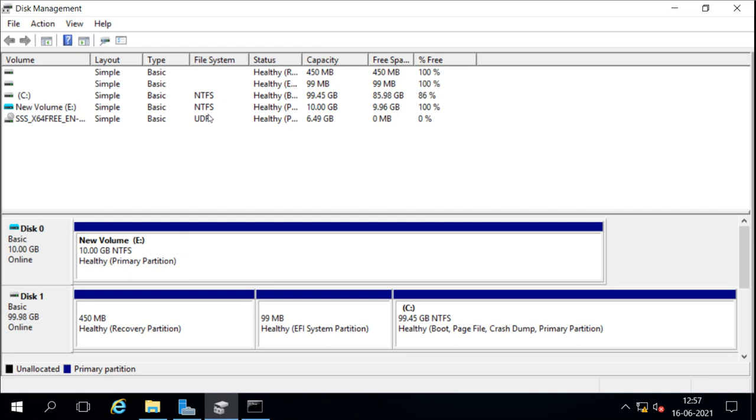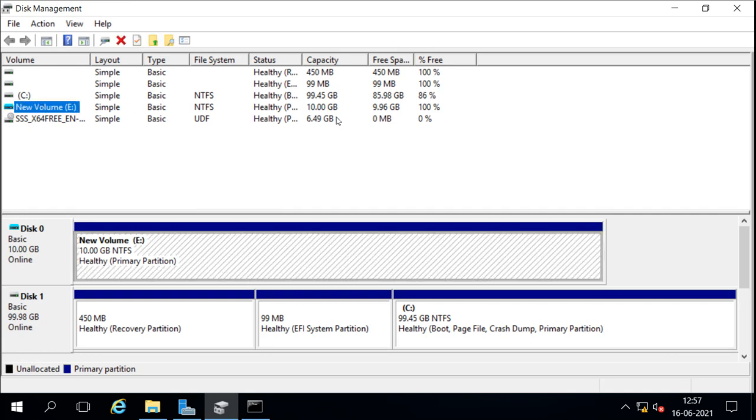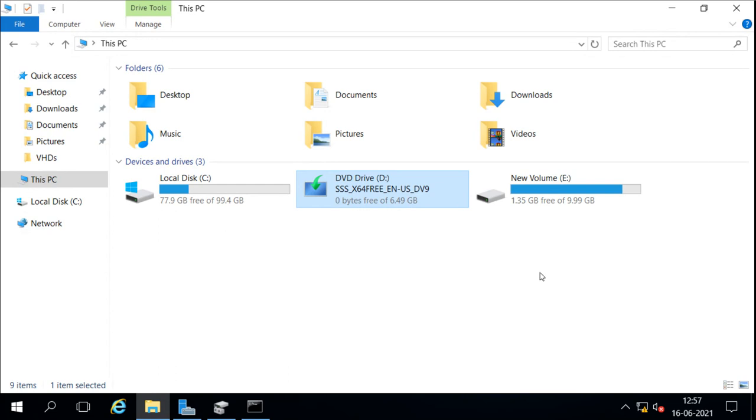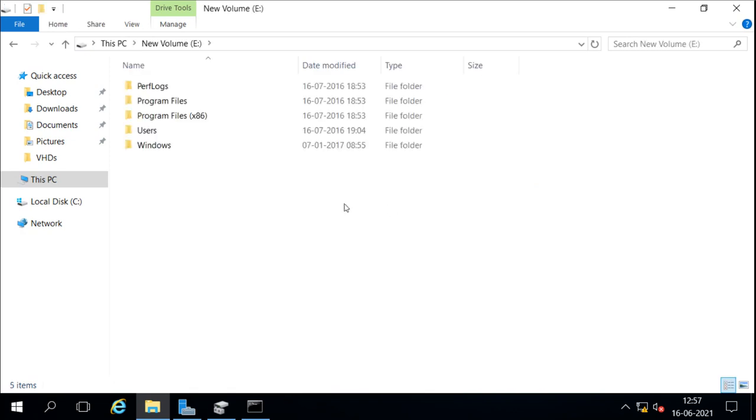Here we can see that this drive, from 10 GB, 9.96 GB is now used, so we can say 100% is used. Now we can also verify from here. We can see the E drive is full, and when you go to the E drive, we can see the operating system files are there.